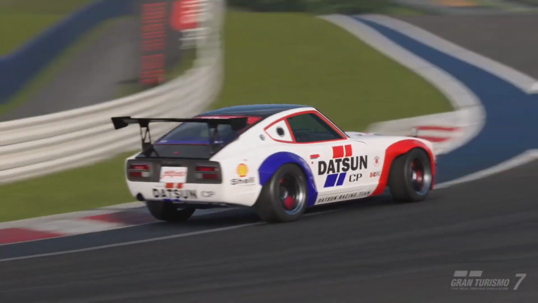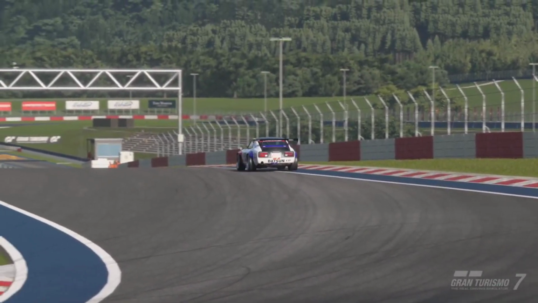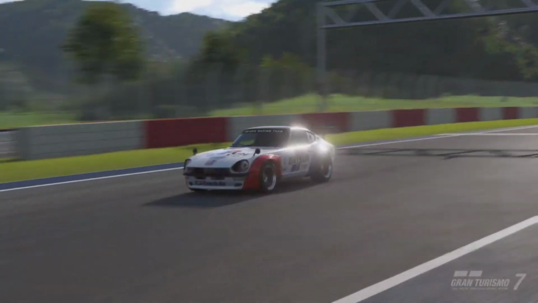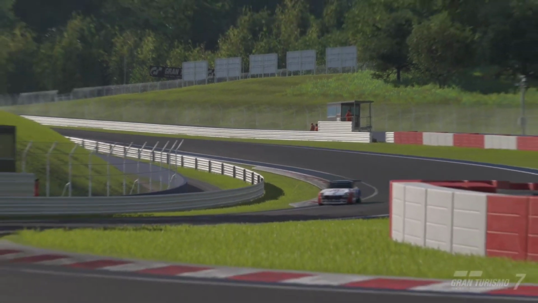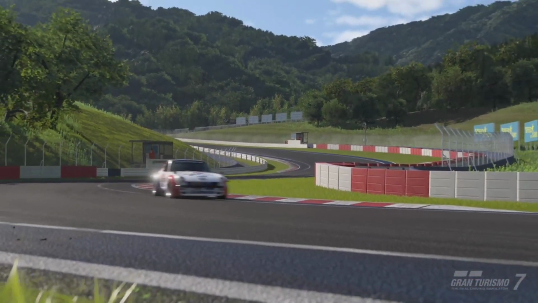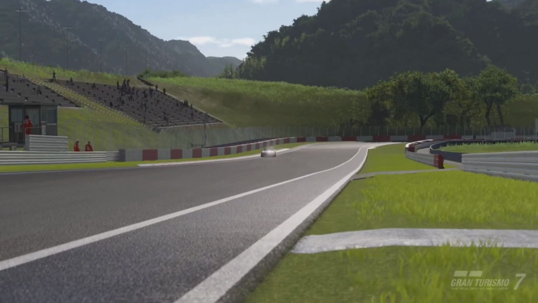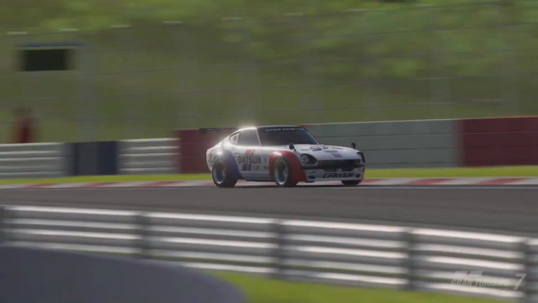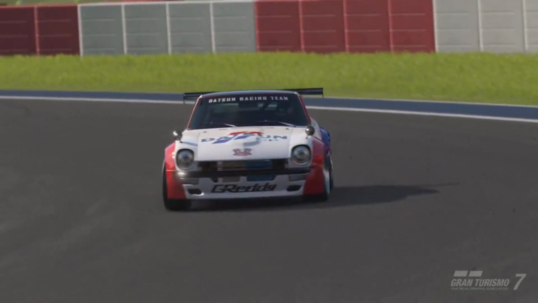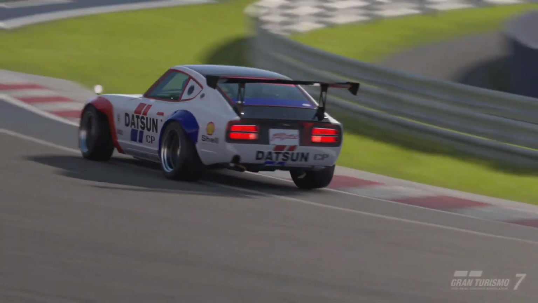Then we have the G-Ready Fugu Z. Now this for me has to be the best option. When it comes to handling the power, it handles the best. It doesn't slide out very much compared to the other 2, and the only downfall is there is no front